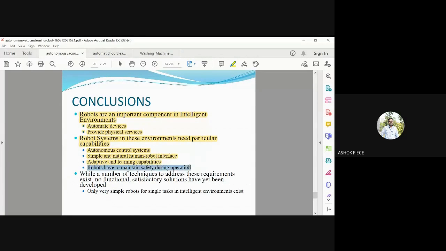Robots have to maintain safety during operation. So at any point of time, they should be safe. While a number of techniques have been addressed to these requirements, no complete solution has yet been developed. Only very simple robots for single tasks in intelligent environments exist. So still the technology is not that evolved in developing robots for